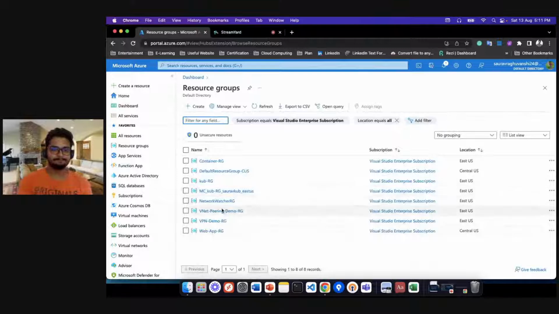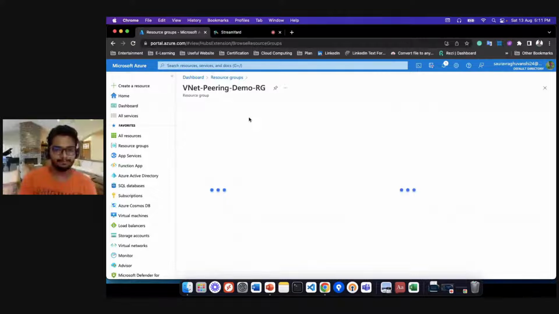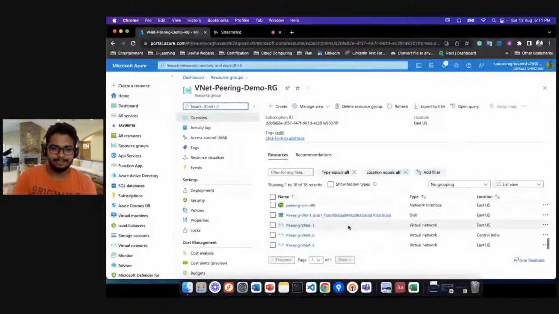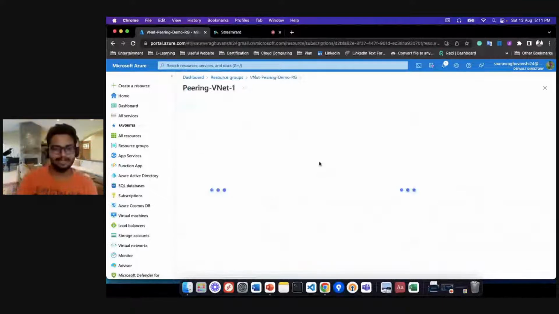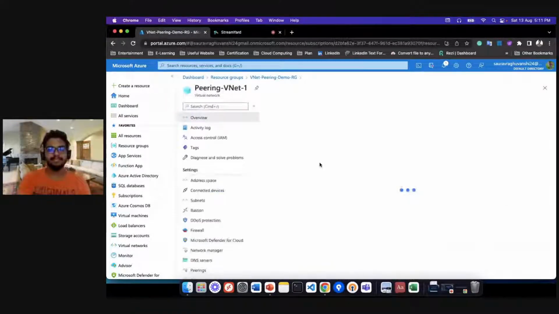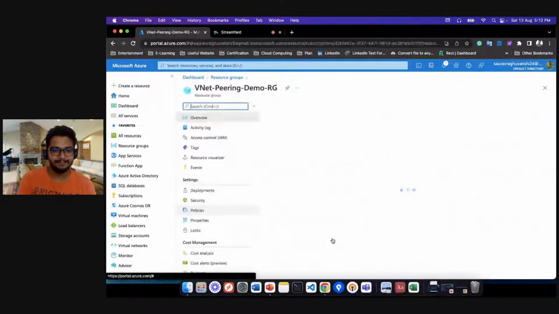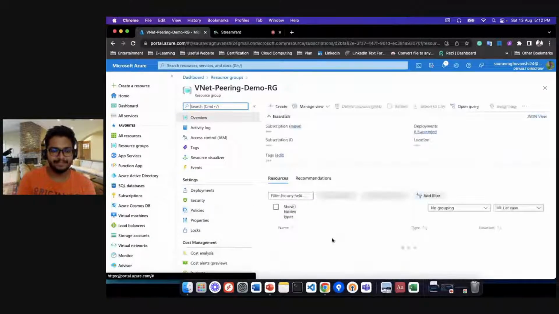So I already created a resource group named VNet Peering Demo RG. Inside that, I deployed 3 virtual networks. Let me show you. I created peering VNet 1, and it has a different CIDR range, 10.0.0.0/16. You can see here that its address space is 10.0.0.0/16. And I have a second VNet with a CIDR range of